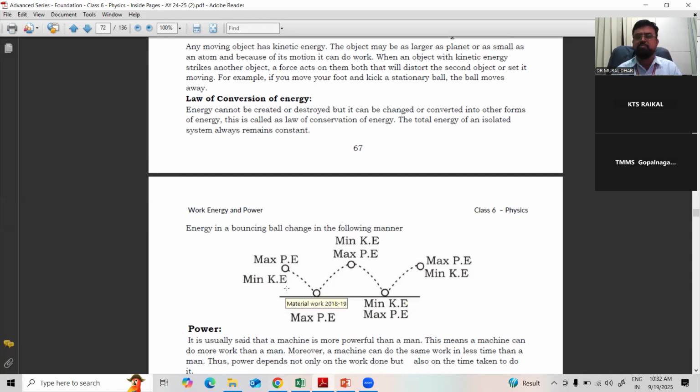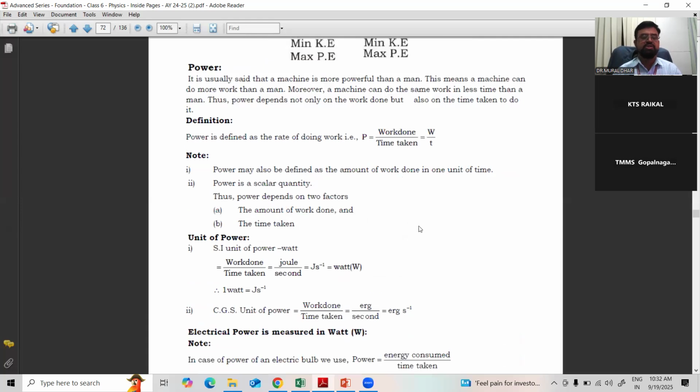There are hundreds of examples. When you are using electricity, that electric current is converted into mechanical energy when the fan is moving. It is converted to light when the bulb glows. It is converted into heat when the air conditioner or geyser or others are used. They are converting one energy into another energy. But there is no loss of energy. So energy can neither be created nor destroyed. It may change from one form to another form. That statement is called the law of conservation of energy.